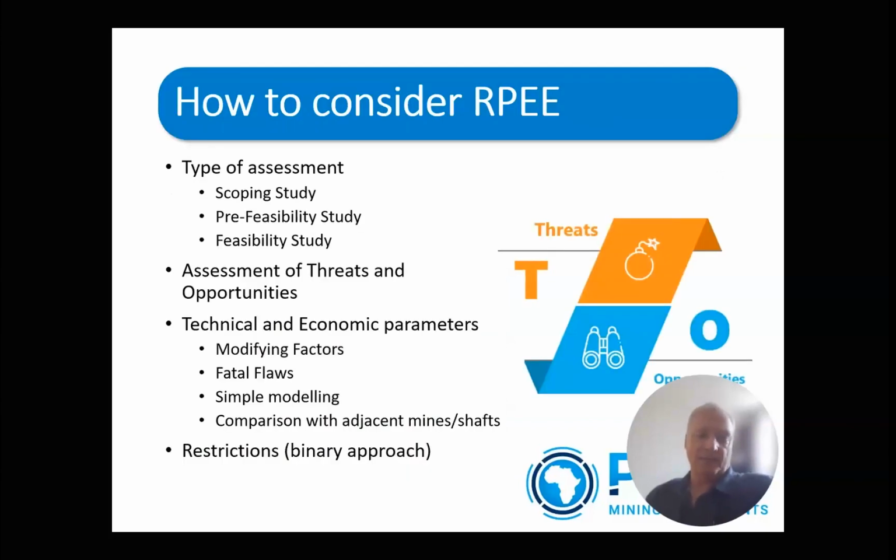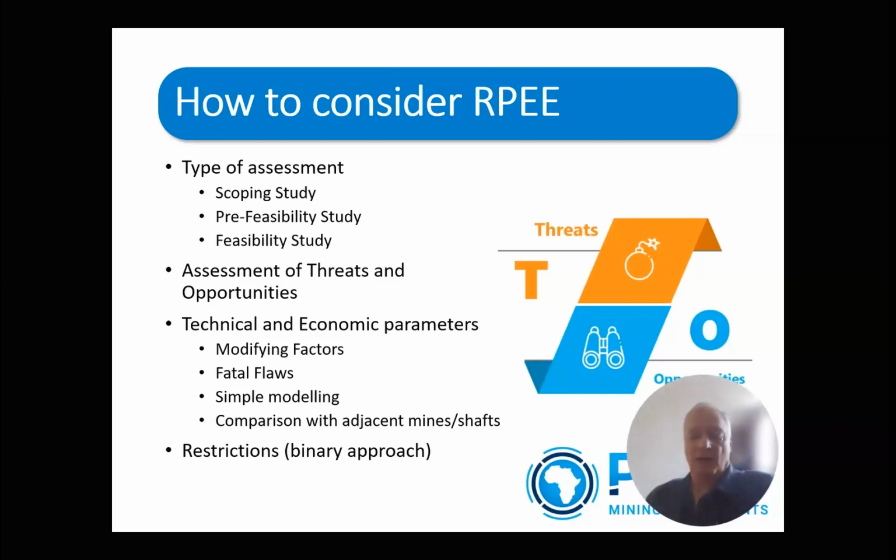So RPEE, and just to highlight what's going to come next, the E for eventual is going to fall away. So we're in a situation where eventual is covered by the word prospects, so we're not going to be looking at that intently. So RPEE, we see that in the code we need to do some sort of assessment, and within the code we have definitions for scoping study, pre-feasibility study, and feasibility study. However,